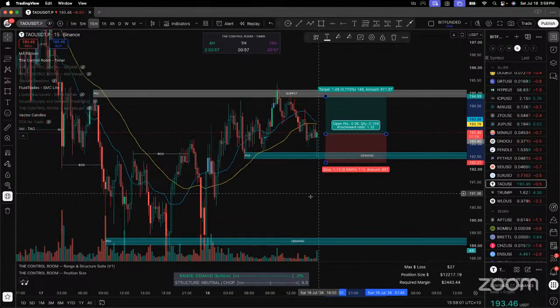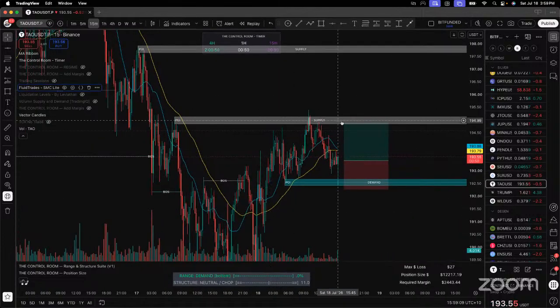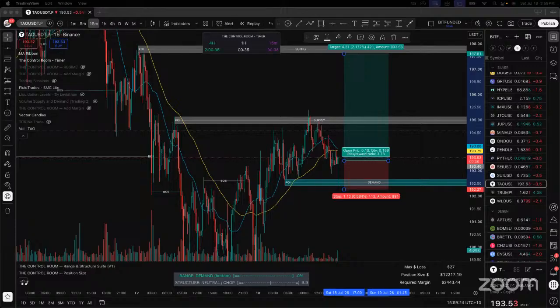Weekend trade. 584. $300. Wait for candle close.